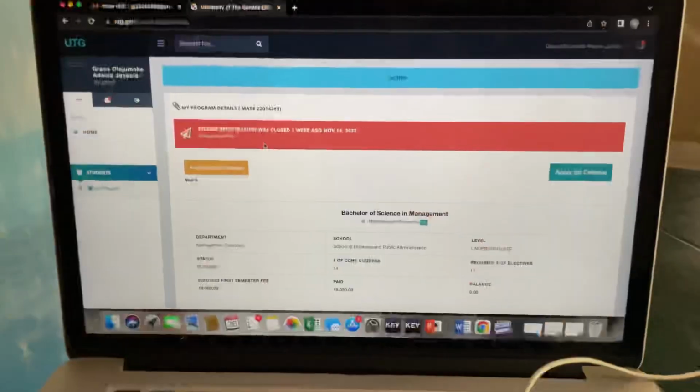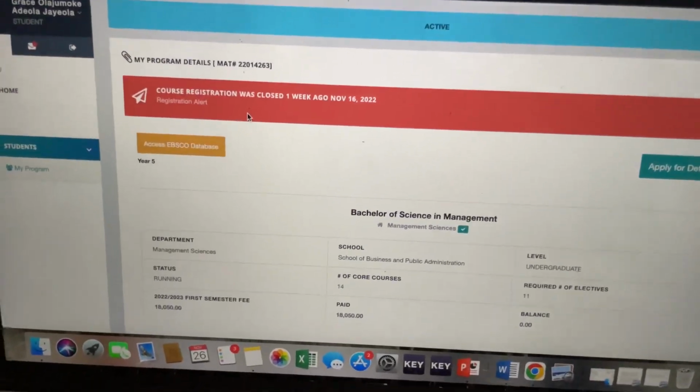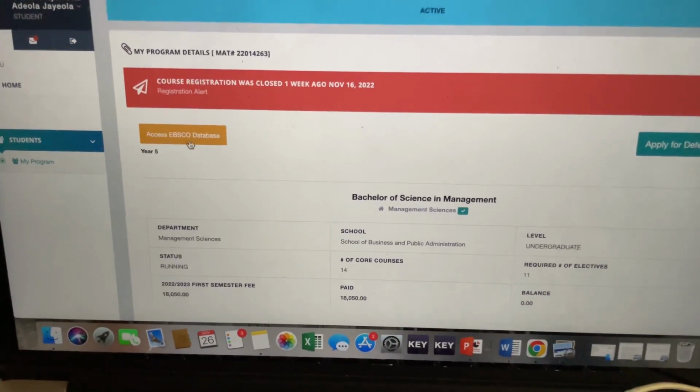Okay, let me show you guys how it will go if you had a UTG portal. For UTG students, this is how you're going to see it on your portal, because most students don't know about it, but we do have our own mini Google Scholar that the university provides access to those articles for us. So yes, when you go to your portal, it should look like this, and when you see this, you can click on it, and then